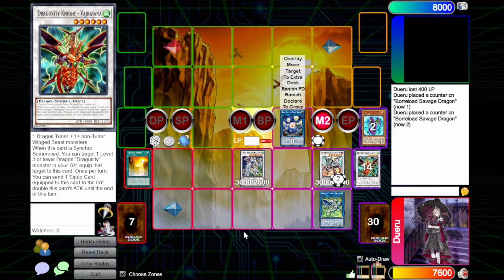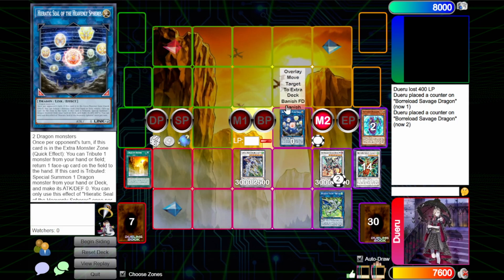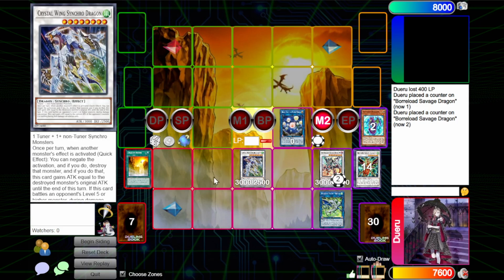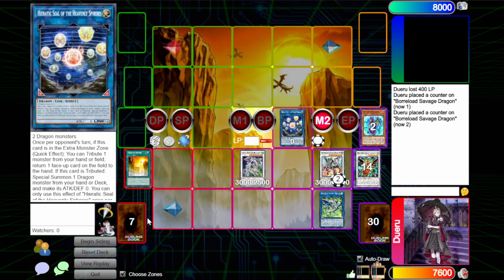So it's pretty good, I guess. This is a very standard combo with this particular deck because we use the Pendulum Engine. So there you go, this is our first board. Now we're gonna go into the next combo, which is